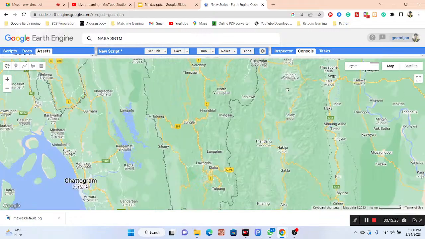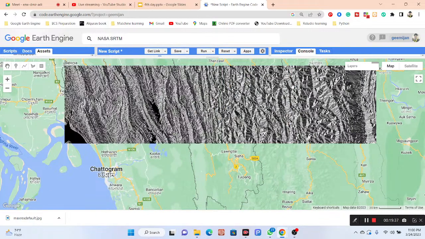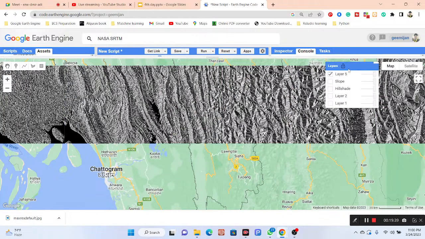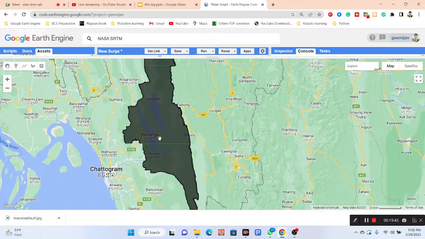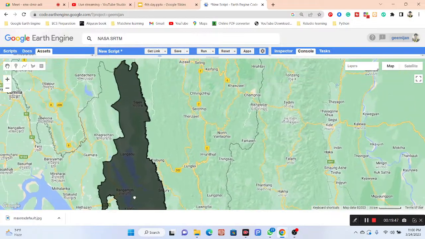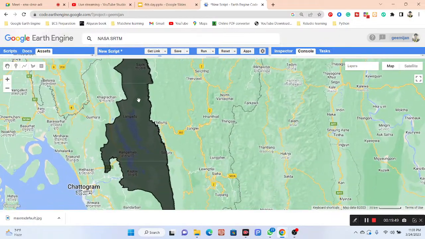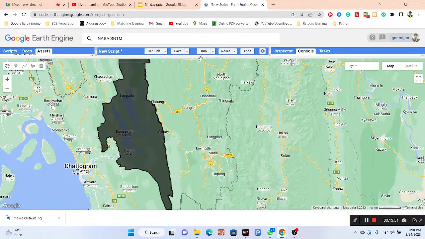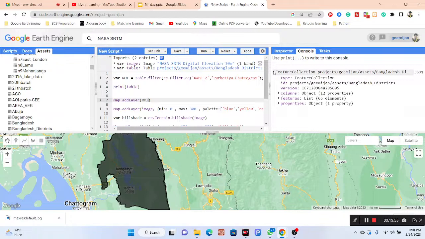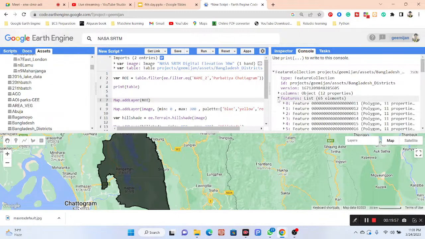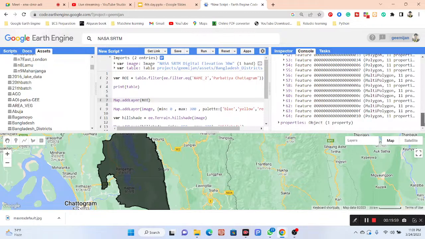Okay, it loaded. Okay, so this is the region. You can see I can get this region here. Okay, so if you want, suppose this time I don't need the result for the Chattogram region, the Chattogram division. For that I can simply go in here again, and then simply